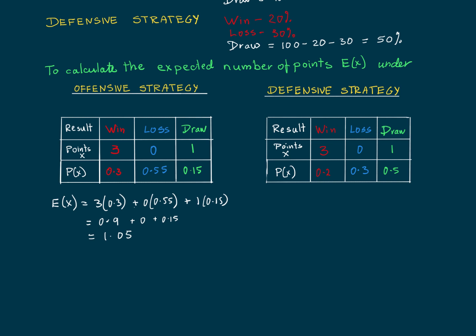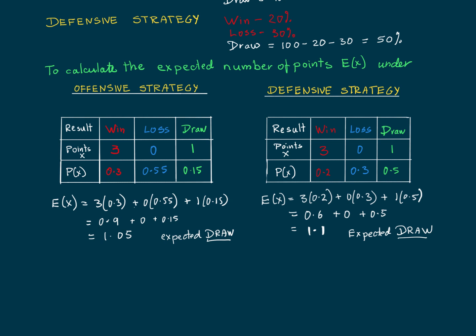this strategy will give you a draw. And if we use the defensive strategy and calculate this, we get 3 times 0.2 plus 0 times 0.3 plus 1 times 0.5, and this becomes 1.1, which also looks like this strategy will lead to a draw. And so in the long run, it's neither better or worse for the team to play an offensive